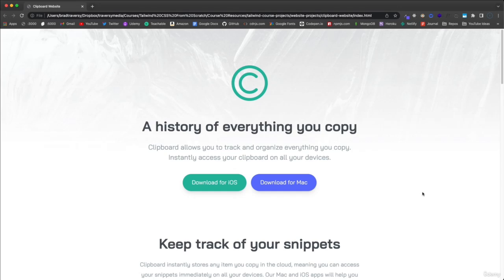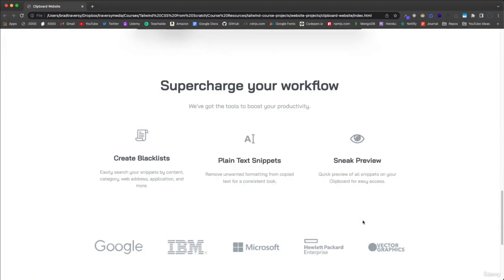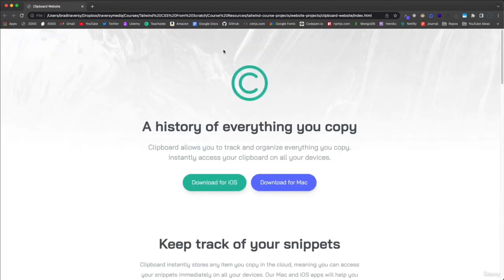All right, guys, so this is the first website project that we're going to create, and it's basically a landing page for an app, and the app is called Clipboard, but of course you could use this for whatever. If you create an app and you want to have a little landing page for it, this is a nice looking, clean page. So basically we have at the top just this hero part here with a background image, which